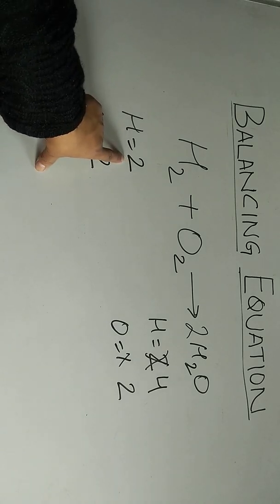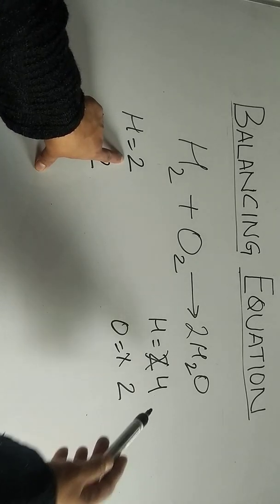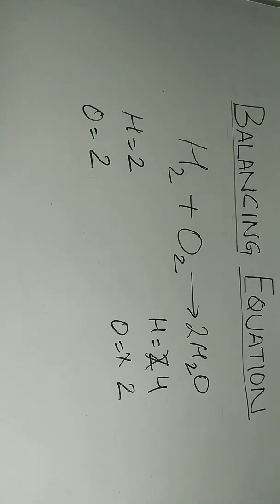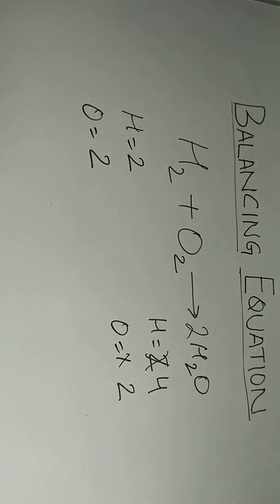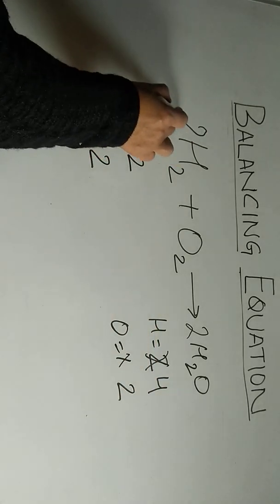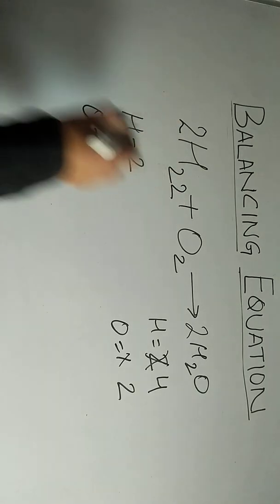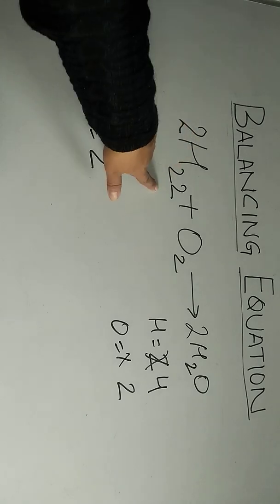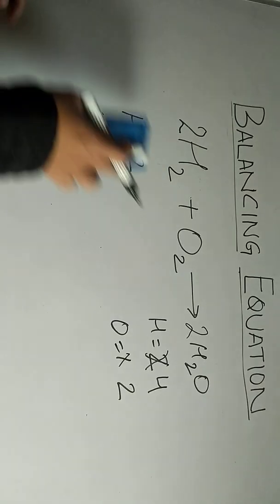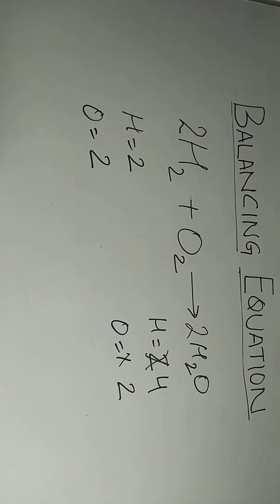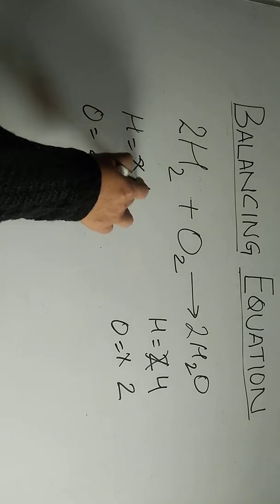These 2 atoms of hydrogen have to be multiplied by a number so that you get 4. And that number is supposed to be 2, 2 into 2 is going to give you 4. So you are going to put a 2 over here. Right? You cannot put a 2 over here. If you put a 2 over here, this is going to become H22, which is wrong. Right? So you can put a 2 only in front. I have already told you that. Remember it always. And this 2 multiplied by this 2 is going to give you 4.